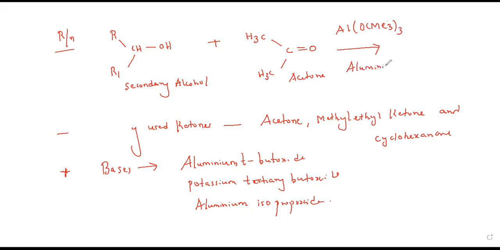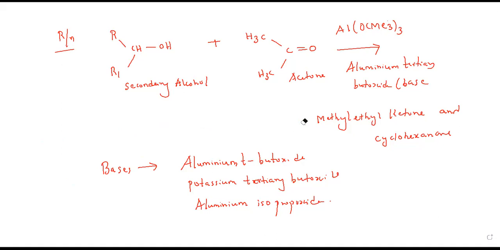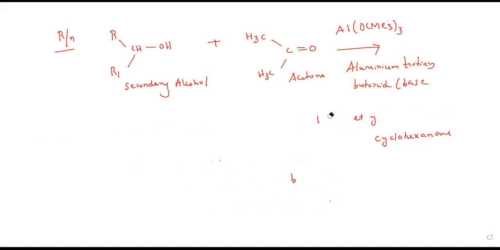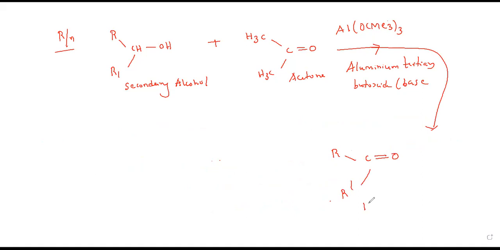aluminum tertiary butoxide. And you know this aluminum tertiary butoxide will act as a base. So what is the final compound you're going to get? You're going to form a ketone once again. I'll write the product here: R, C double bond O. So this is the ketone,